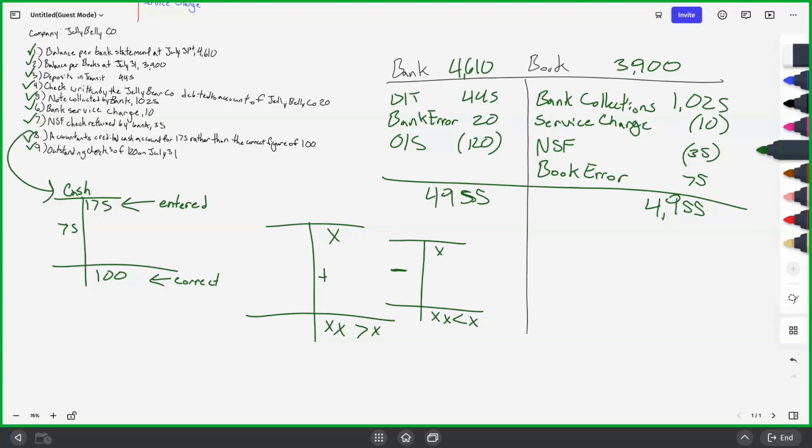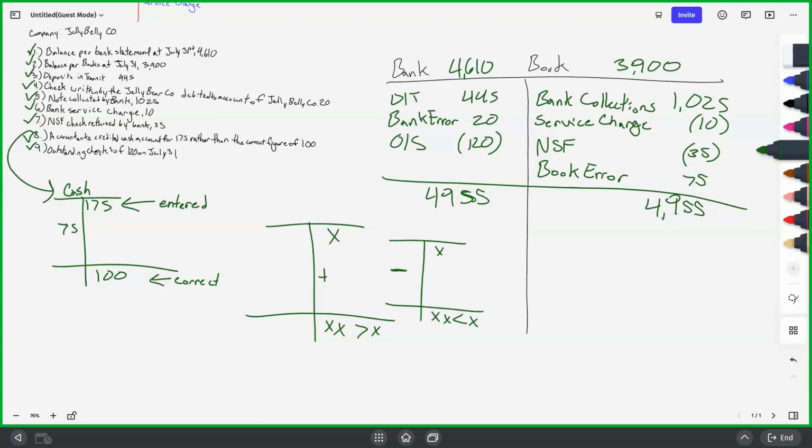Is there a way to remember what goes into what, like what goes into the entity? The best way I always find to remember what goes where is always asking who knows. Like if the bank knows, it's a book error. If the book knows, it's a bank error. If that doesn't help, then always try to remember the bank issues, because there's only 3: deposits in transit, bank errors, and outstanding checks.